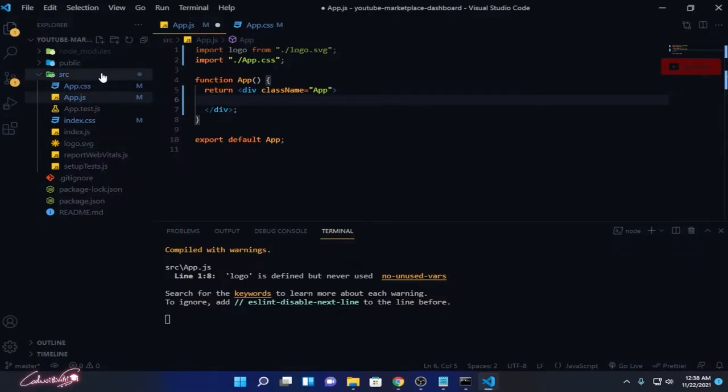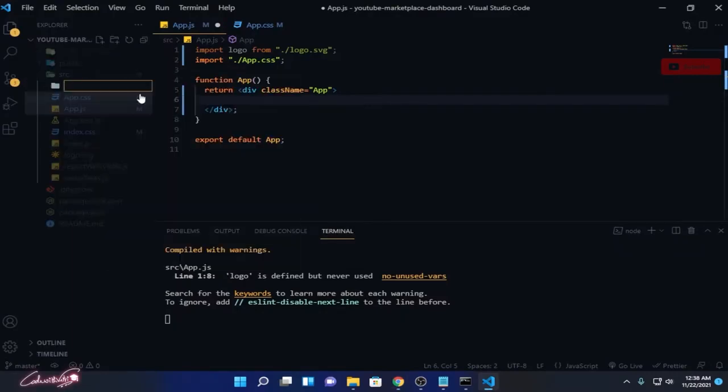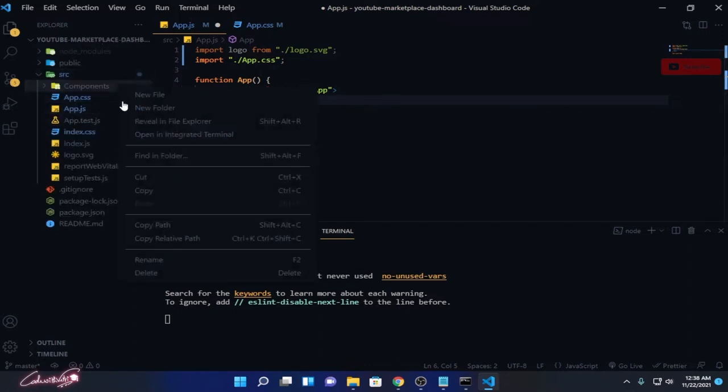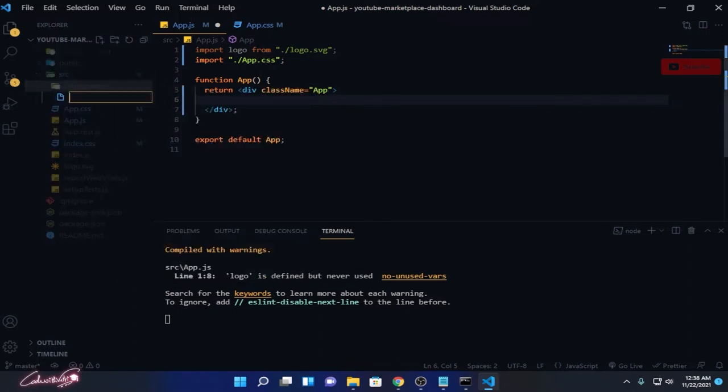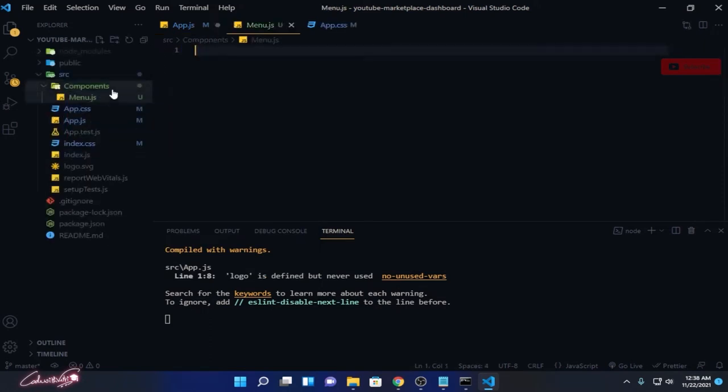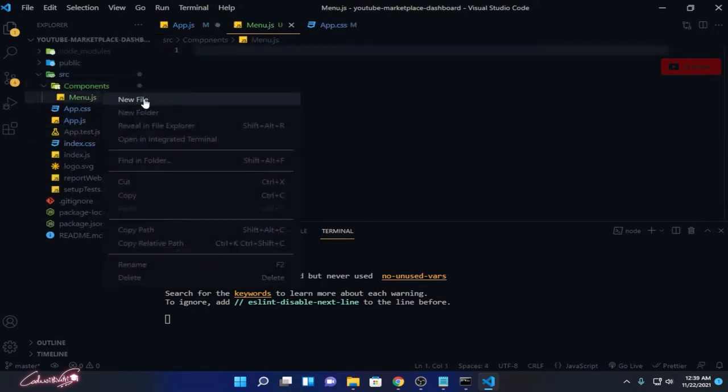I'll create a new folder called components. Always keep the components in a separate folder. That will create an organized project so that we don't mess it up. Inside this components folder, I'm going to create a new file called menu.js, and the CSS which supports this file,